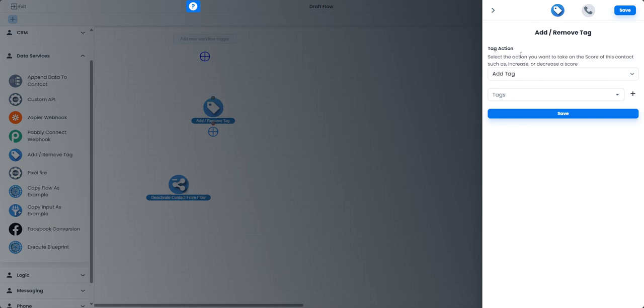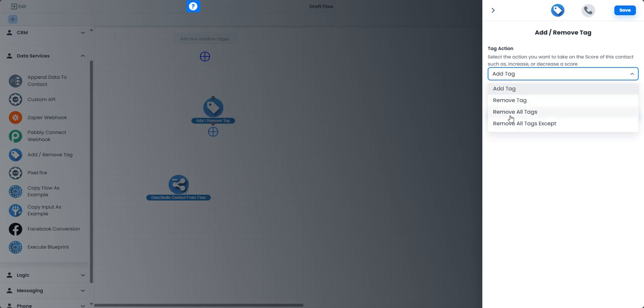And what we're going to be doing is adding the ability, and there'll be an extra drop down box in here, and you'll be able to add tag, remove tag, remove all tags, except that will still be there, but you'll then be able to choose whether it's a contact tag, a purchase tag, or sorry, an order tag,